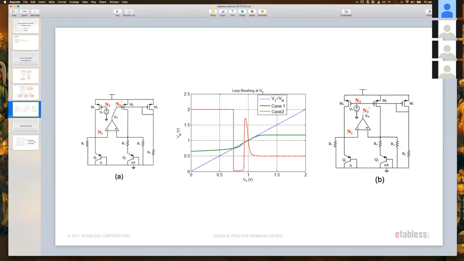It's the 45-degree line, and then you will see, depending on where you break the loop, different responses. But in all cases, you'll find that there's an indication of multiple operating points, and the design of the startup circuit needs to be such that it brings you to the right point that is intended for your design. And the second one is that the behavior of the circuit around the given operating point needs to be stable,